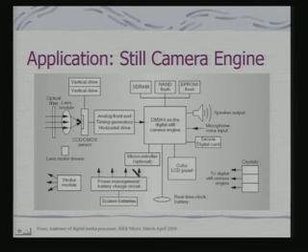So, a simple example is still camera engine. It is not just the still camera that can be built around it; the still camera can have all sorts of other functionalities related to that. But this is just an example to illustrate how the single SoC can be used to build a complete system, a complete appliance. So, here you have got the CCD sensor, analog front end, timing generators and horizontal drive, and that gets interfaced through your CCD controller which is sitting on the chip itself.